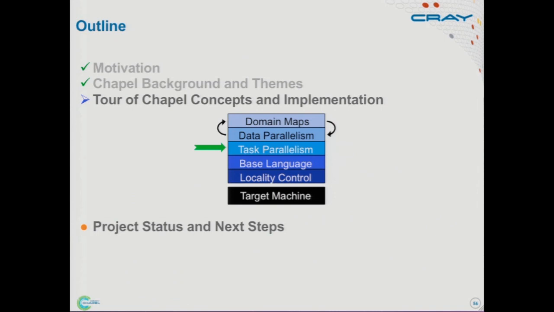So the next thing we're going to look at is some of the parallelism, and we'll start with the low-level parallel features, the task parallel features. All parallelism within Chapel is ultimately implemented with tasks. You can think of tasks a lot like they are in OpenMP. It's basically a unit of work that represents something that can and arguably should be executed concurrently with other tasks. There are some subtle semantic differences that make our tasks, I think, slightly more powerful than OpenMP tasks, but for the sake of this talk, they're more or less the same.